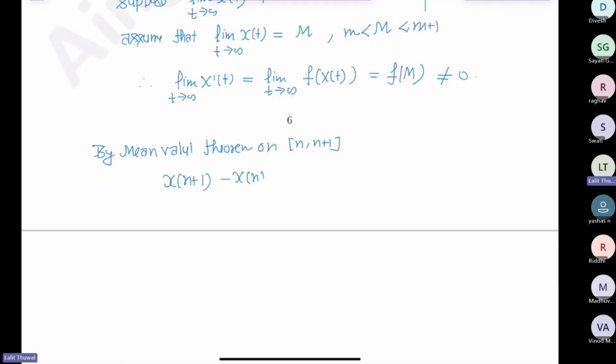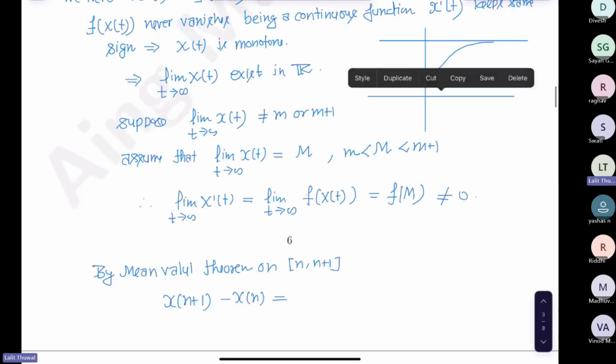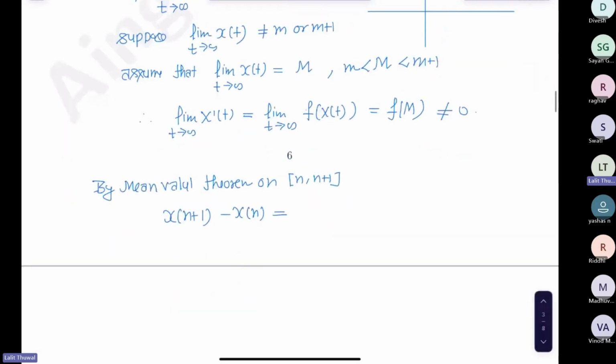By mean value theorem, this should happen, right? I'm showing you whatever I said, just observing from the graph. So this must be equal to f dash Cn for n, where Cn is between n plus 1 and n, by mean value theorem. Do you agree with this? So taking limit on both sides,